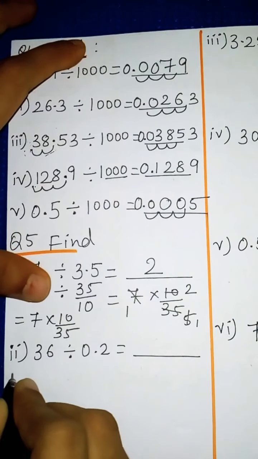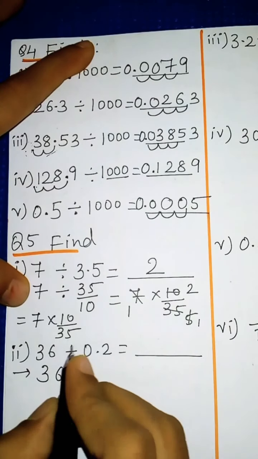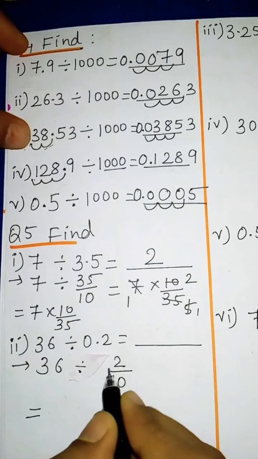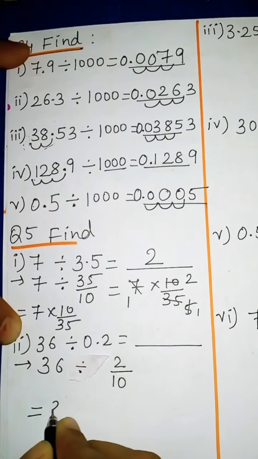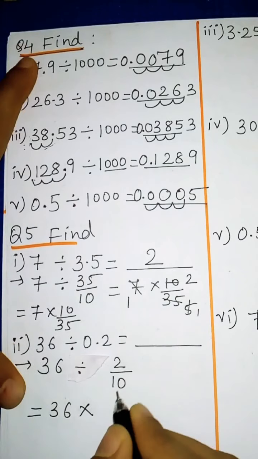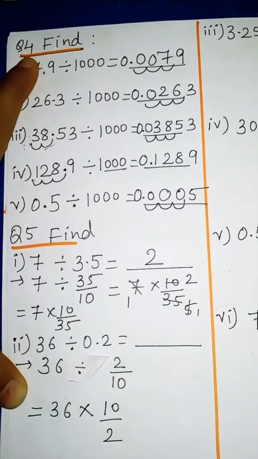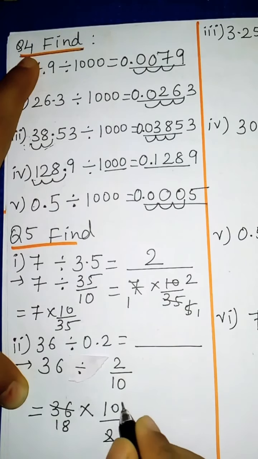Now second one is 36 divided by 0.2. Again same procedure. 36 division sign की जगह पे what we will, division sign we will keep same and in place of 0.2 we will write it as fraction. So 2 upon 10. Now in next step we will write 36 and in place of division sign we will write multiplication sign and in place of 2 upon 10 we will take the reciprocal. So it will be 10 upon 2. Now we will do cancellation. So 2 1s are 2 and 2 18s are 36. You can cancel this way also or you can cancel this way also. 2 5s are 10 is also possible. So you can choose any one. This both also you can start with or this both also. Any one you can choose.